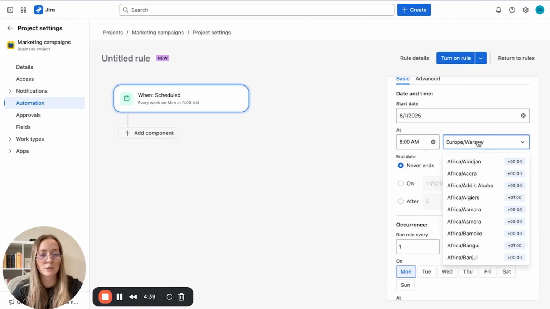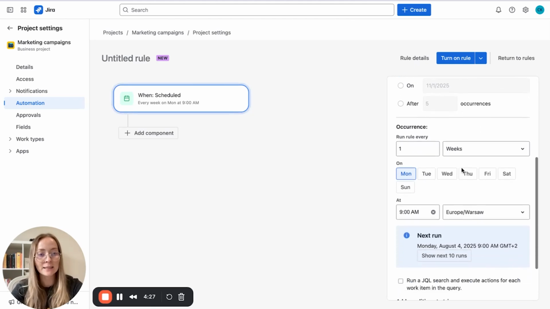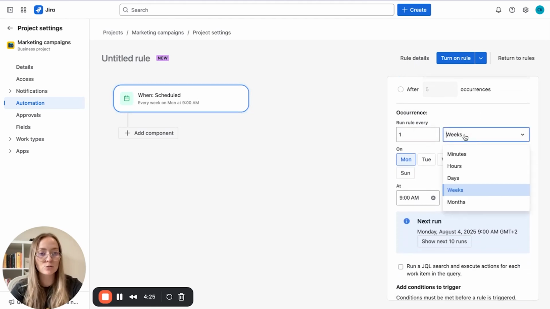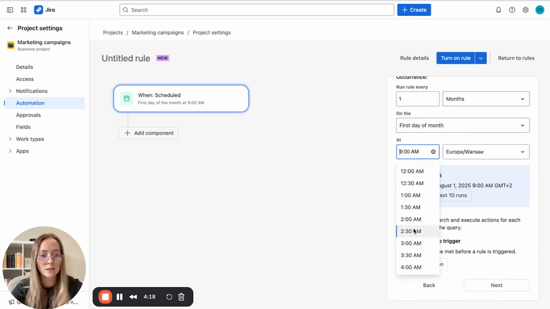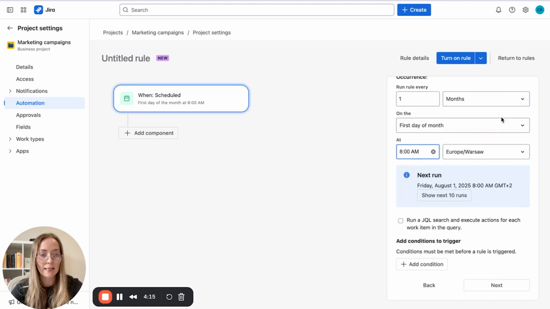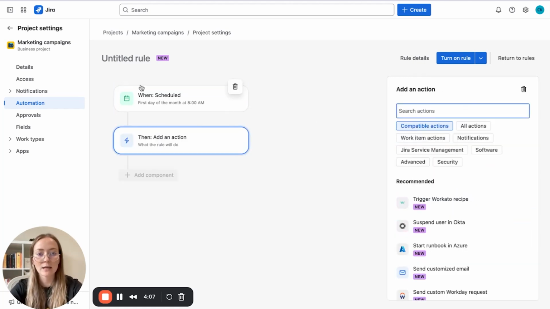Here you can choose your time zone and decide if you want, for example, to run this automation for a set time or all the time, or to stop it on an exact date. And now let's choose occurrence, so once per month, on the first day of the month, and once again 8 a.m. Okay, and now the action,